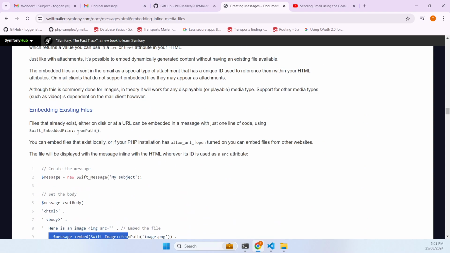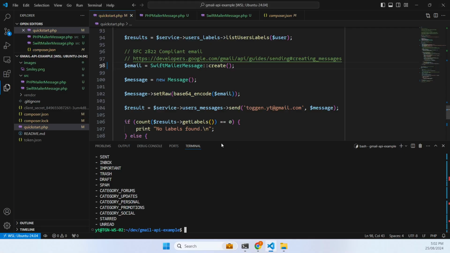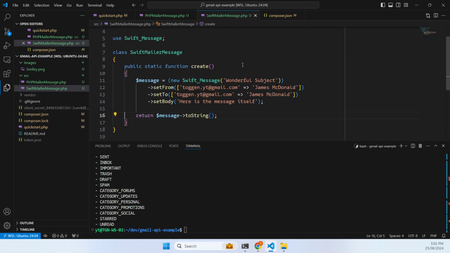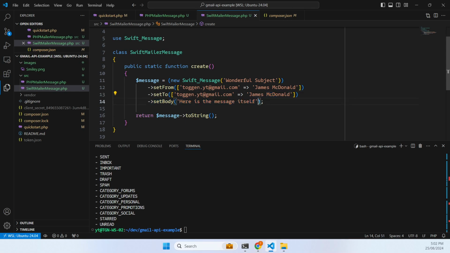So you see here we can embed files, and we're going to just look at embedding that smiley image again. So go into SwiftMailer, and at the moment this is not defining a content type, but I'm going to now say, okay, this is text HTML,